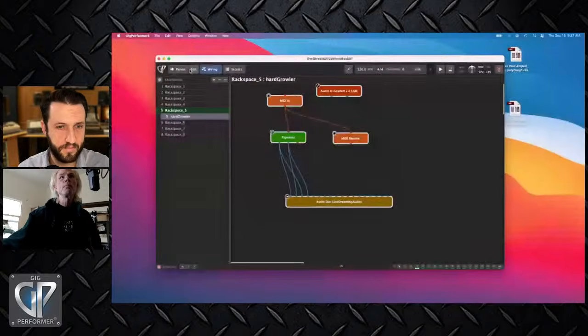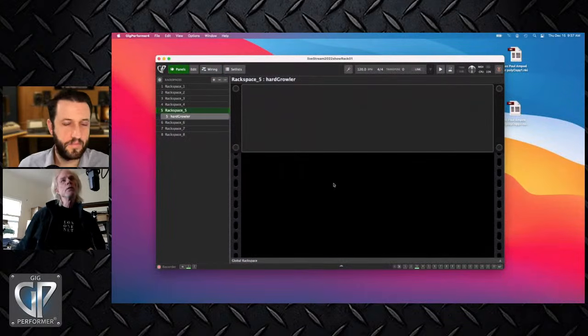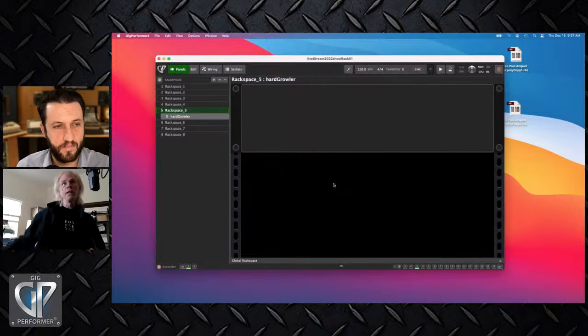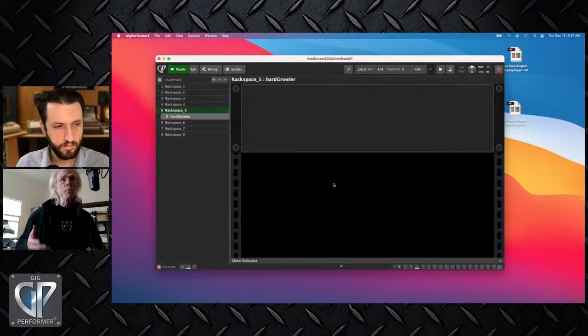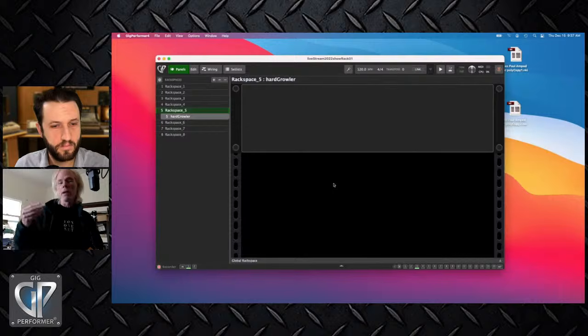That's an interesting question. I found it to be very, very intuitive. When I first opened it up, I think with a lot of technology, the tricky thing is connecting all the dots. And no matter what you have, and I believe Gig Performer has done a pretty good job of this, you have to have an audio interface. You have to have some type of plugin. And so understanding the concepts of these things, my audio interface, my plugin, maybe a MIDI interface, maybe not,